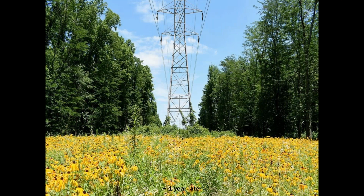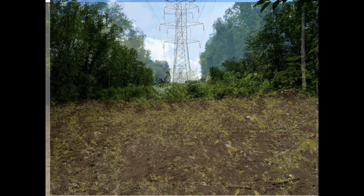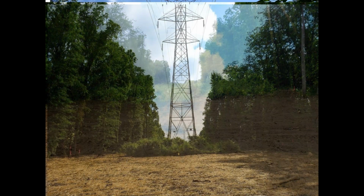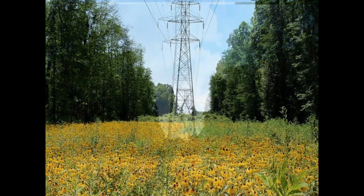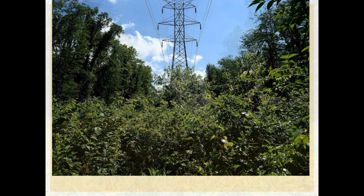This is what it looked like 1 year and 1 month later. We were really happy to see that the vegetation did establish. I'm going to walk you through that again. This is what it looked like after preparation, following the straw mulch, and then finally in the first growing season after it was planted. As you can see, definitely a better result going from this to this,